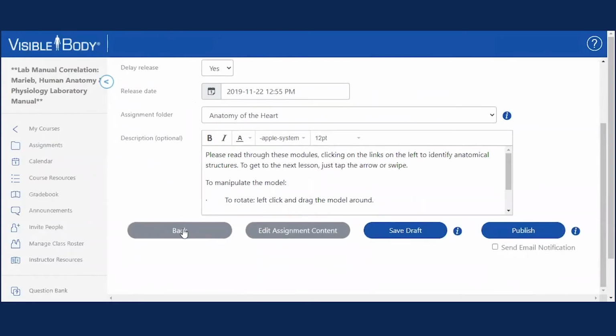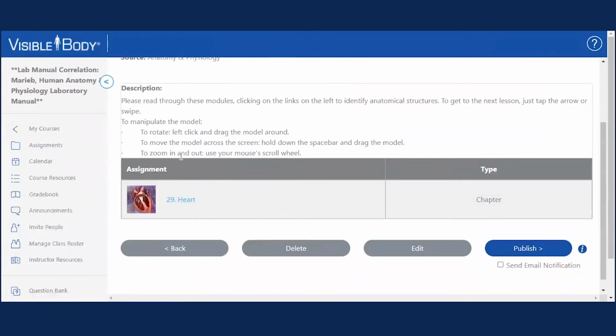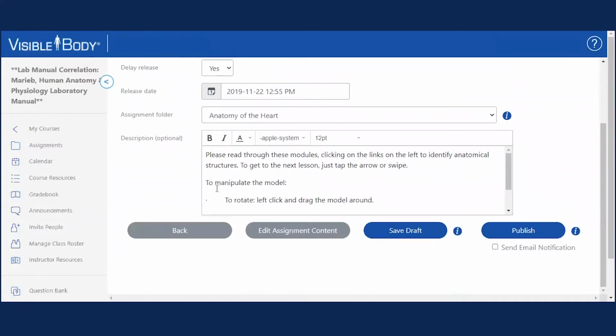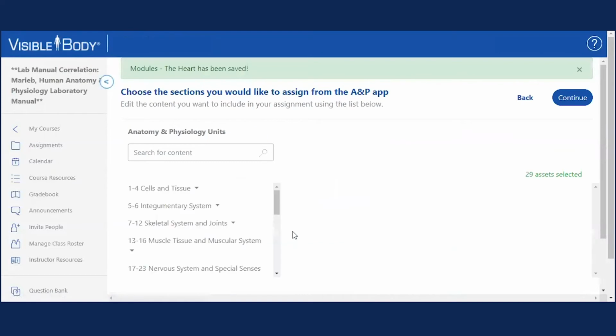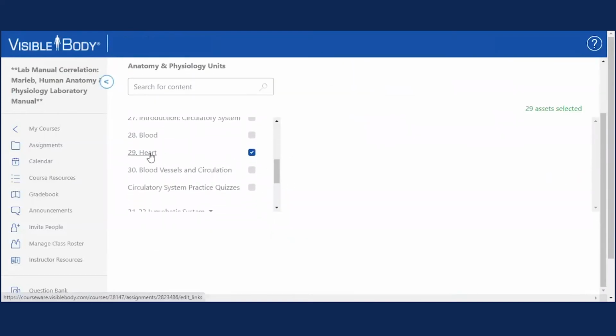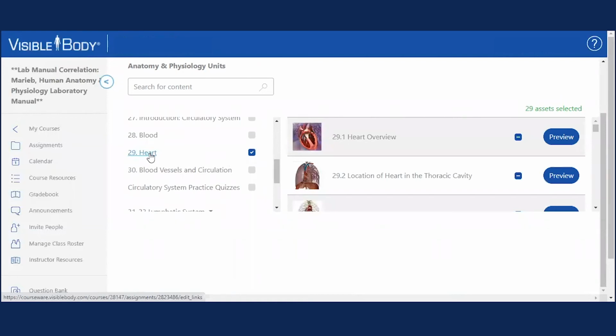Now, by default, as you can see, we'll give you more rather than giving you less. And what I mean by that is we'll give you, for example, this entire chapter 29 on the heart. But we give you the ability to come in if you want to, and if you hit edit, and then right here, if you hit edit assignment content,